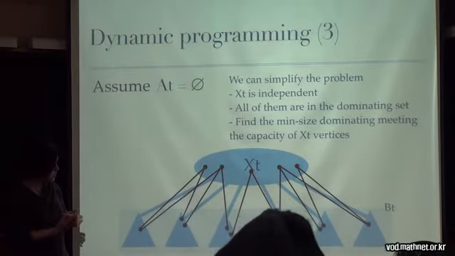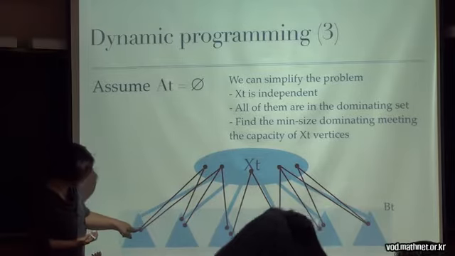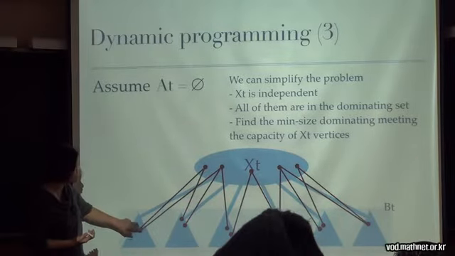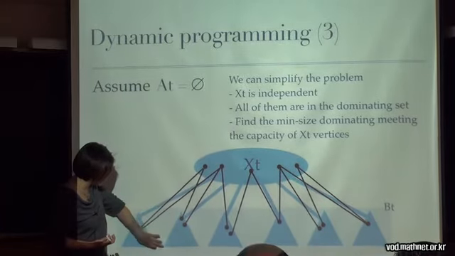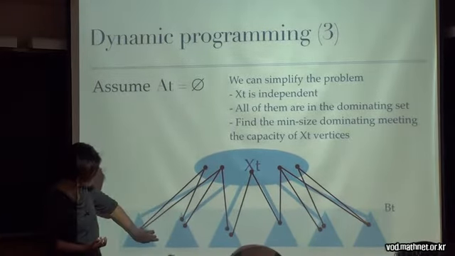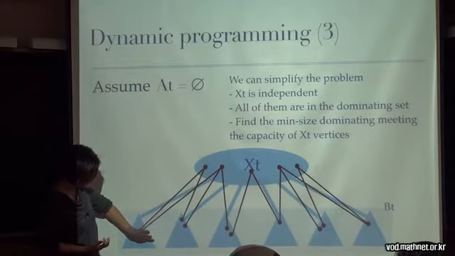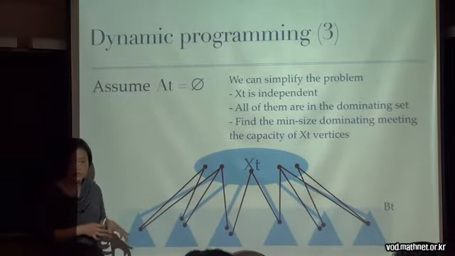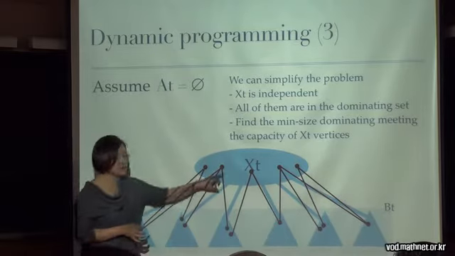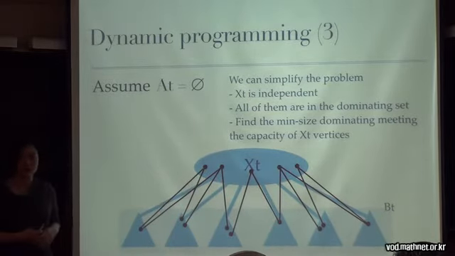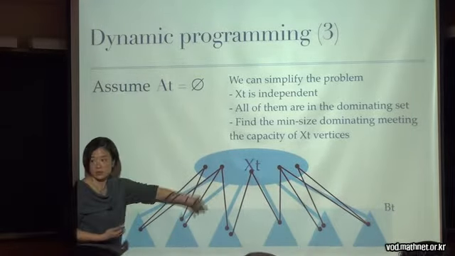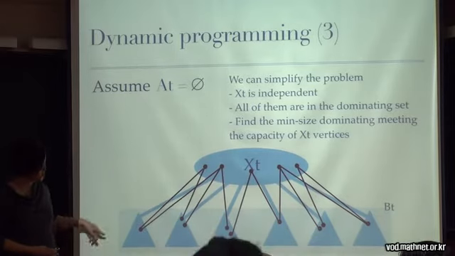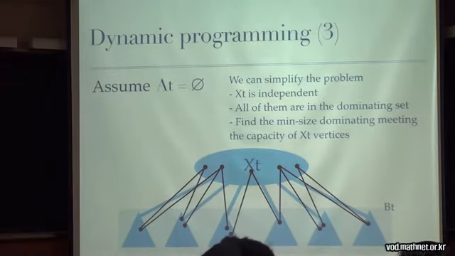So the crucial observation here is that all the edges land exactly in XT. So you can classify the nodes in BT and group them so that each group has exactly the same neighborhood in XT. You have k choose 2 plus k plus 1 possible ways of having neighborhoods in XT. So you have that many groups in BT. And